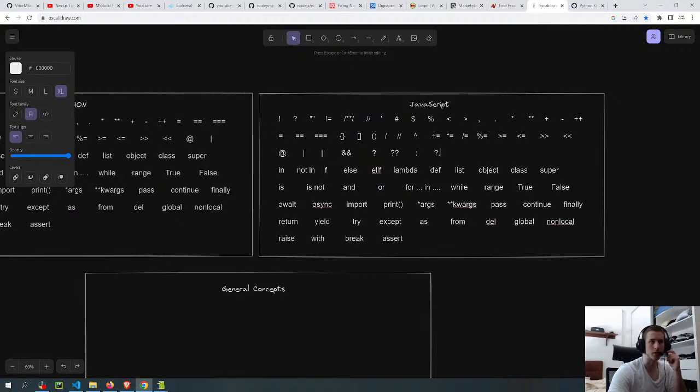This one I'm not sure about, so I'm not gonna put it here. But I'm pretty sure I remember seeing it's called the coalescing operator, I think.